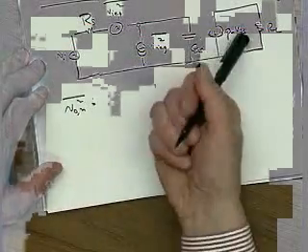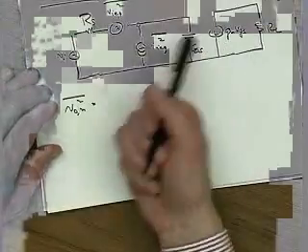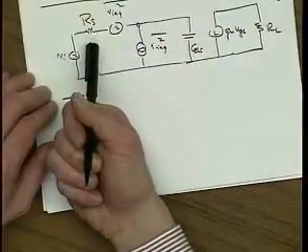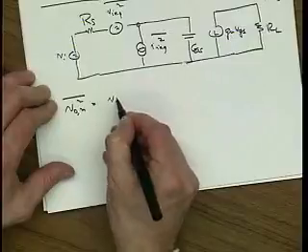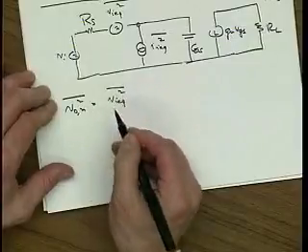Now the real noise at the output for the particular value of RS that I have here is VIEQ squared